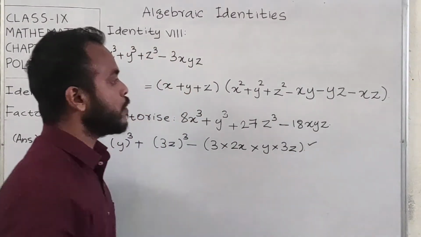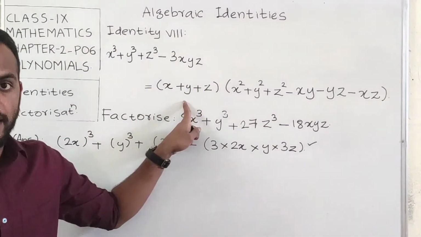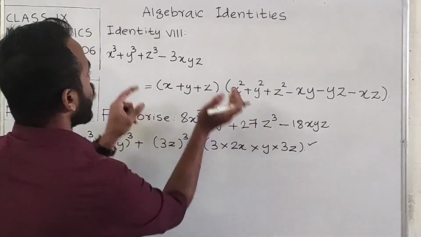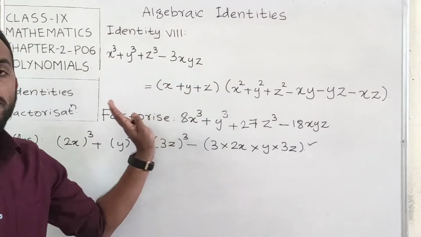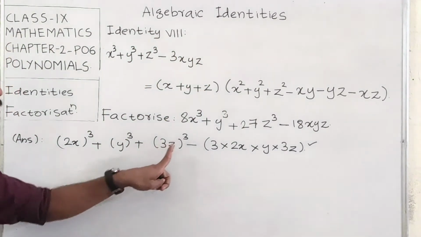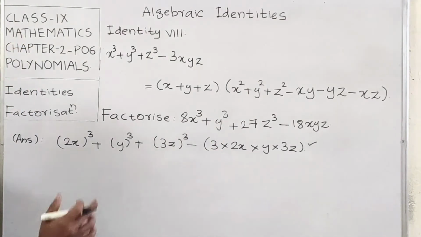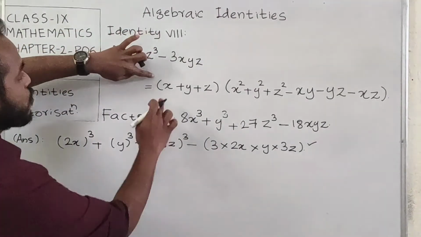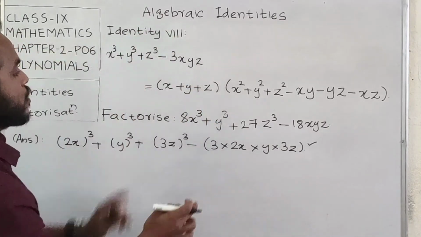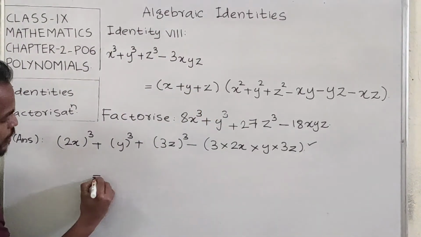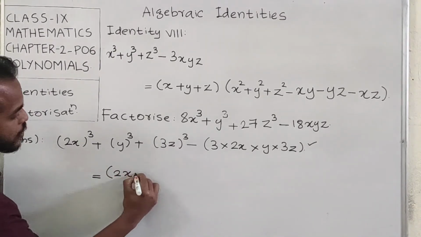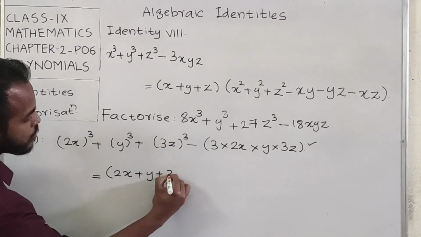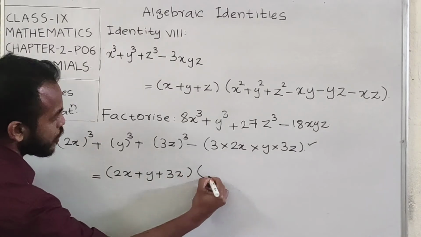Now we are eligible to use this particular identity. Why? This is clearly of the form x cube plus y cube plus z cube minus 3 times the product of x, y and z. So we can use it, and what can we equate this into? Sum of the 3 terms. Then we can write it as sum of the three terms: 2x plus y plus 3z into